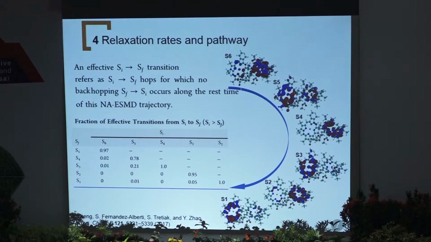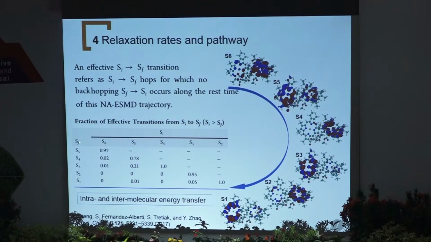So as this system goes from S6 all the way down to S1, this involves exciton transfer between the two monomers in the system. It's going back and forth, back and forth, back and forth. Eventually it goes down to the QY exciton. We have calculated how many times the exciton has to go back and forth before it reaches the lowest QY band. Sometimes we come up with a number like 20 or 30 times. So the inter-pigment transfer is quite important for the system.